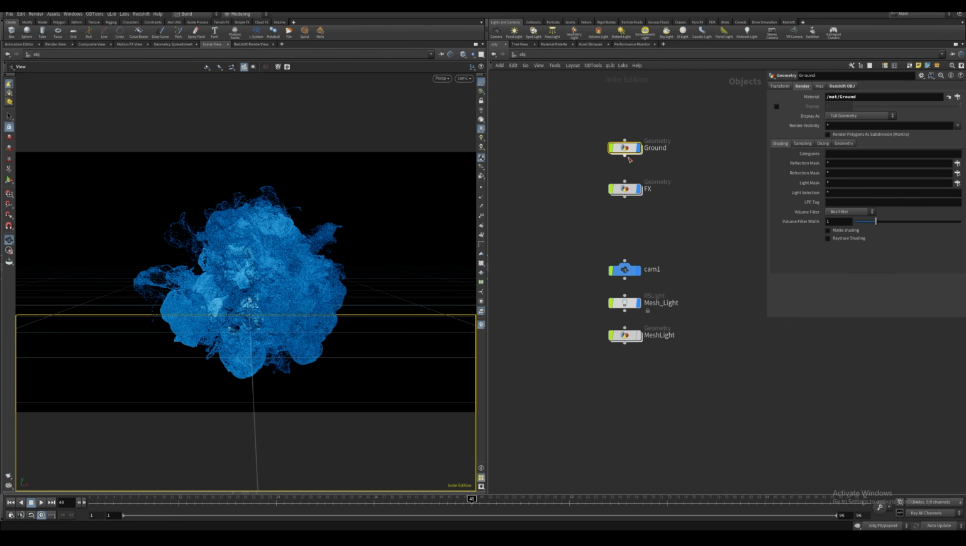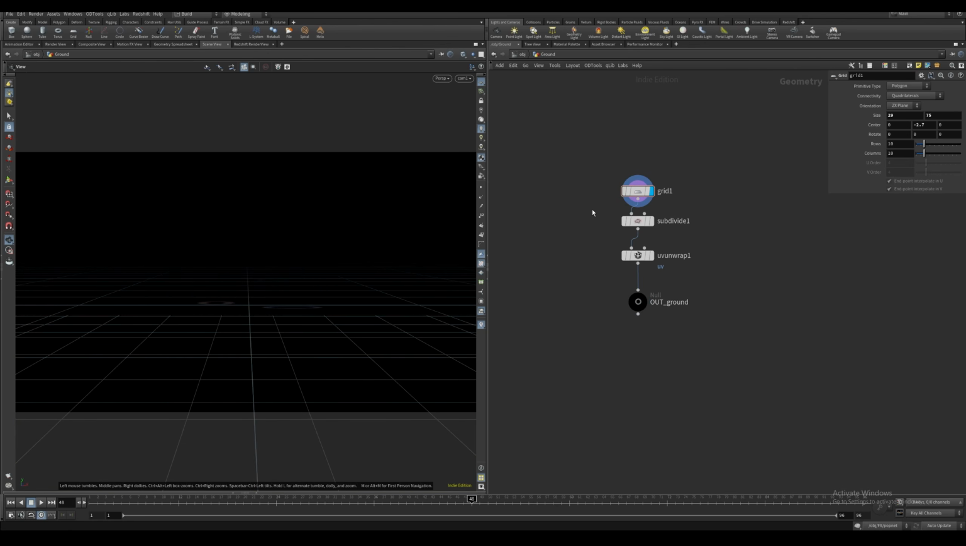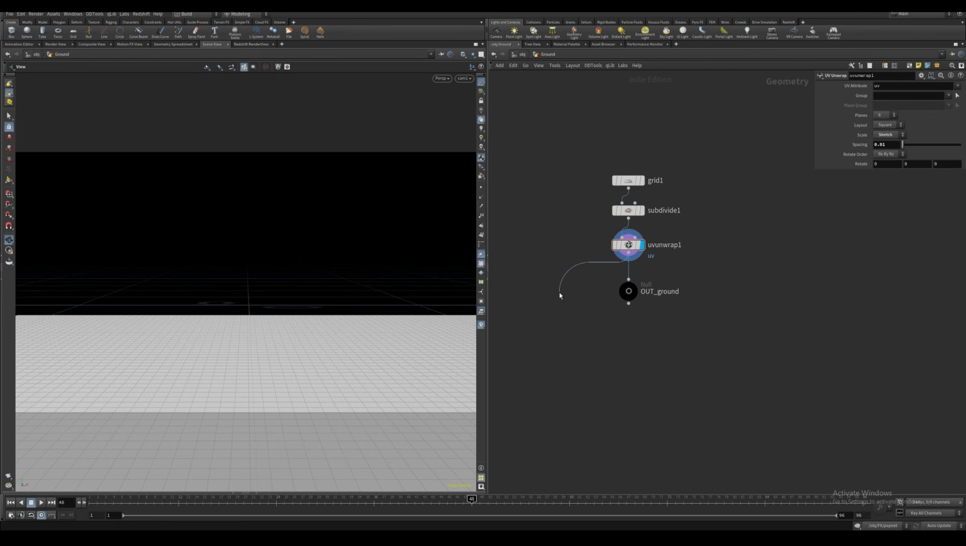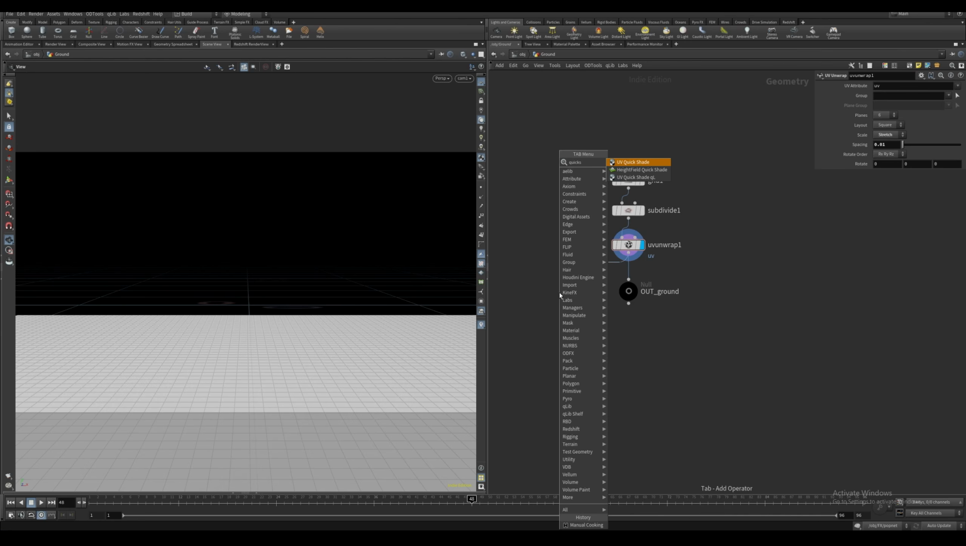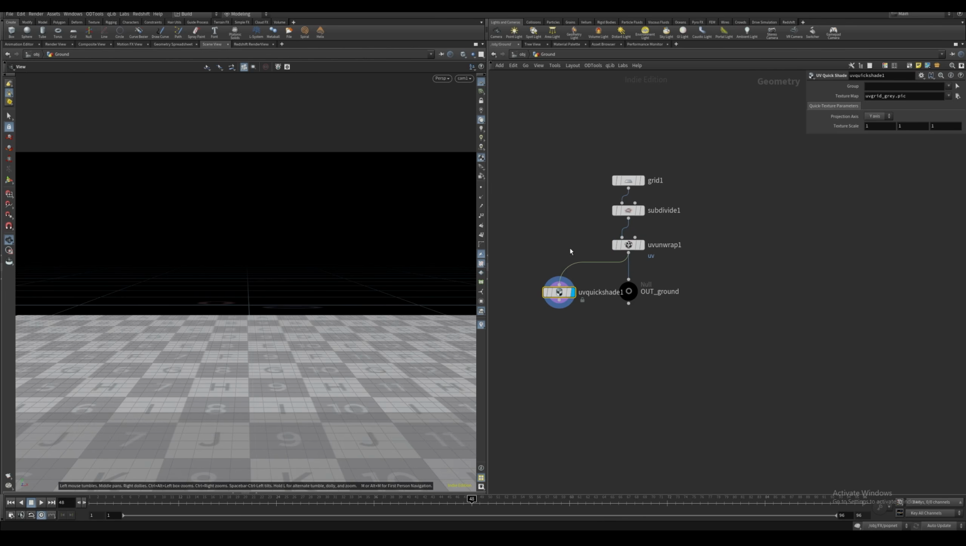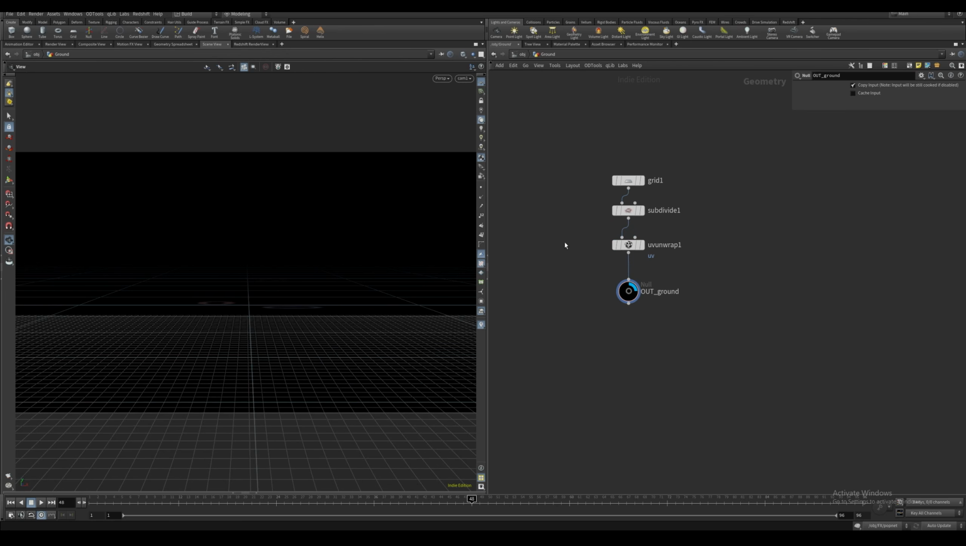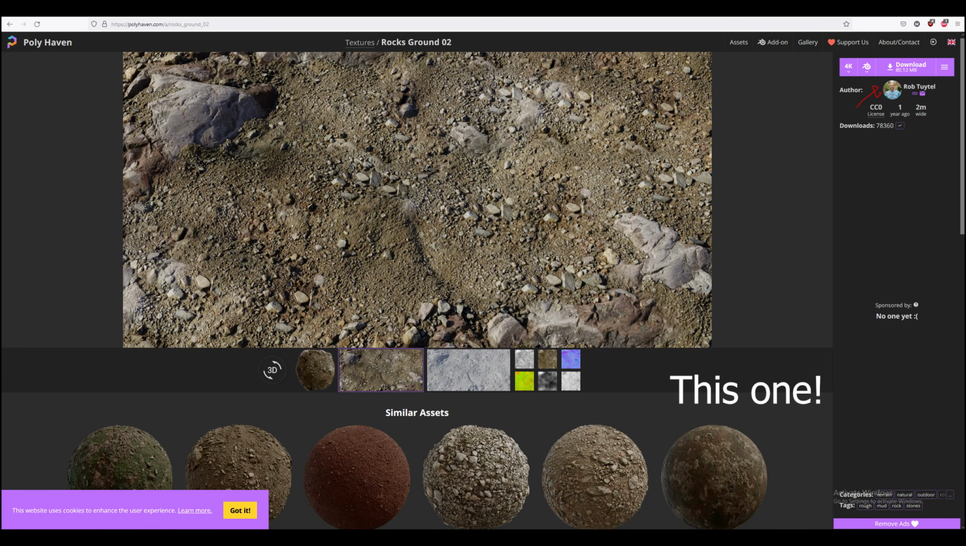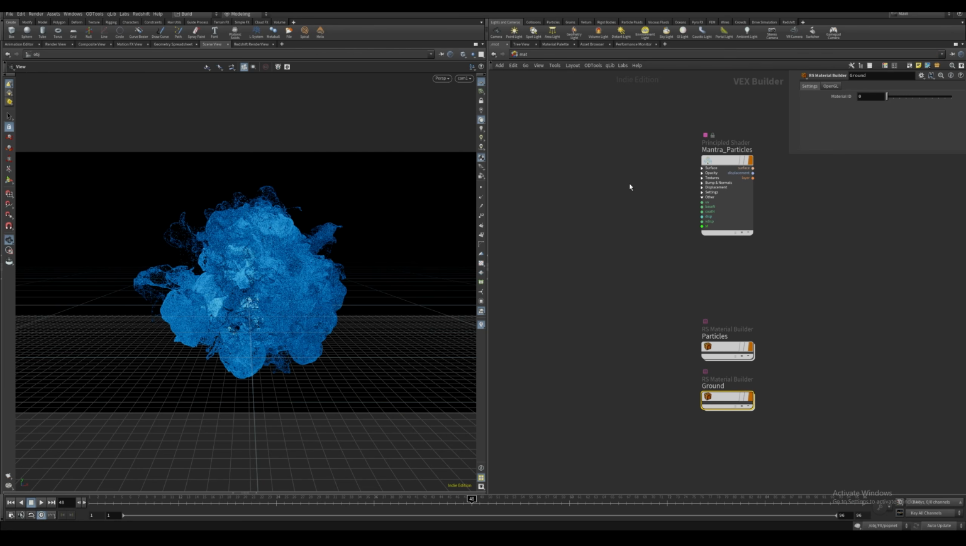And for the environment, this is just a grid with some subdivides, and then I made some UVs. I can show you. Made some UVs with this UV unwrap node. Then I just assigned a texture to this grid, which is just a free texture I got from Polyhaven. And I can show you the